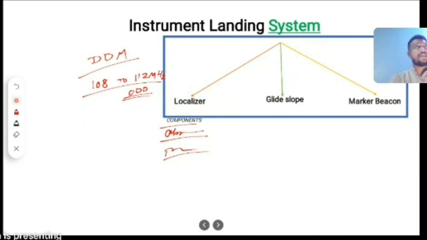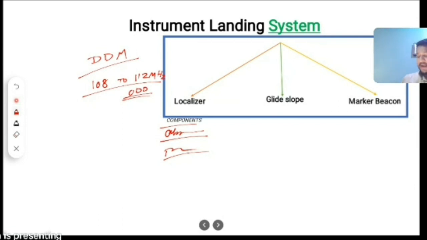Your question was, there are different runways, so how do you tune? Every ILS system has a different frequency, so you need to know the frequency and you need to tune it. The moment you tune the frequency,